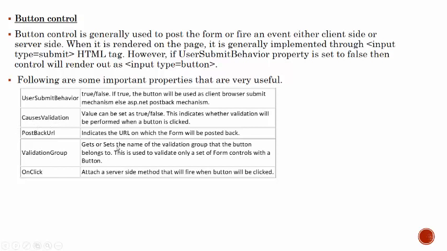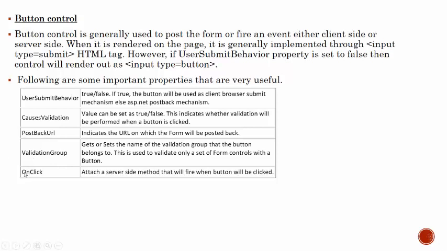Basically it is the name of the validation group, so we can get or set the name. If we put a common name for common controls, or create a group of controls, then validation will be checked for those controls only. It can be set by using the validation group.